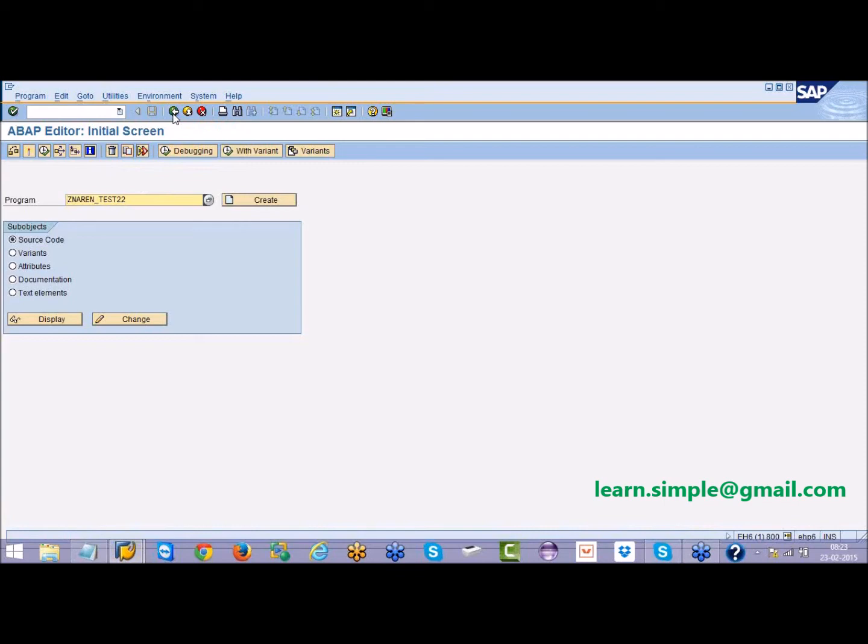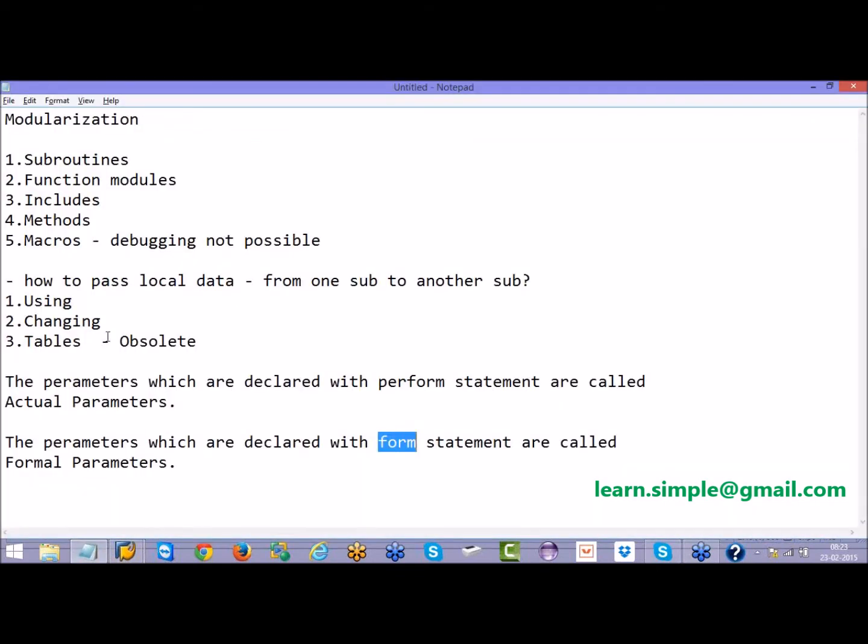So now we are going to see one more concept. Here if you see there are keywords, right? The first keyword is using, the second keyword is changing, and the other one is tables. There are three keywords. Tables is anyway obsolete. Then we have to discuss using and changing. As of now we were discussing the using keyword. Using and changing were previously like pass by value and pass by reference.